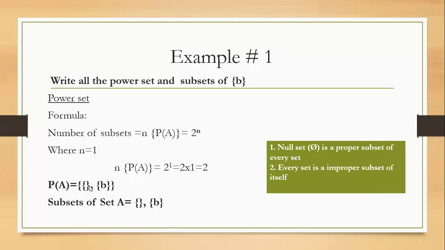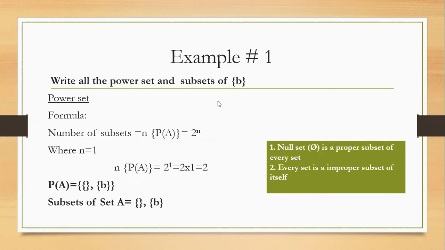First, you have to make the curly brackets. Now you have to find how many subsets we have to find. We get 2. How 2? Because n is equal to 1, and 2 to the power 1 is 2. That means 2 subsets will be there. Now how can we find the 2 subsets? We know that the first will be the null set and the second will be the original set, the original element which is given to you. Curly bracket close. In this way we can find the power set of A. P(A) means the power set of A.